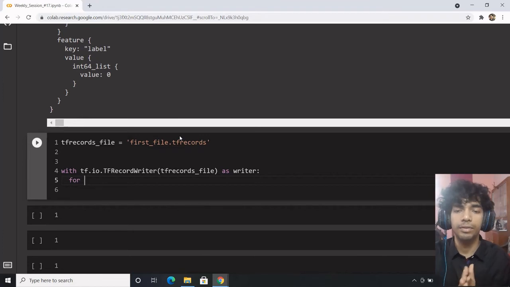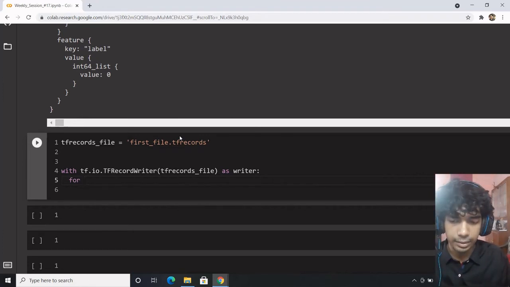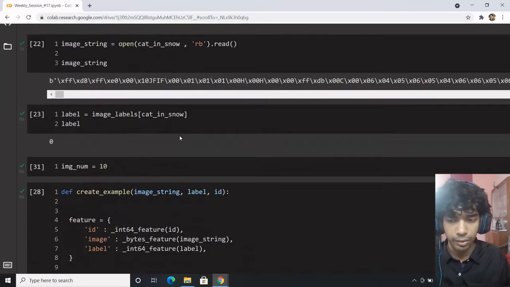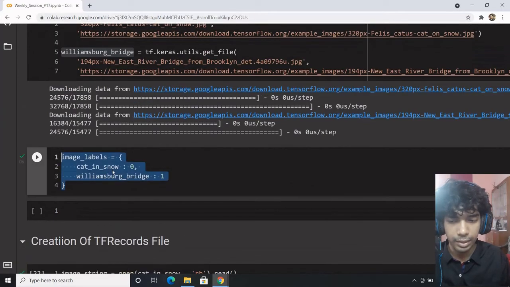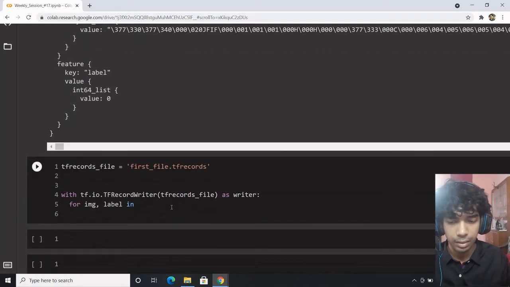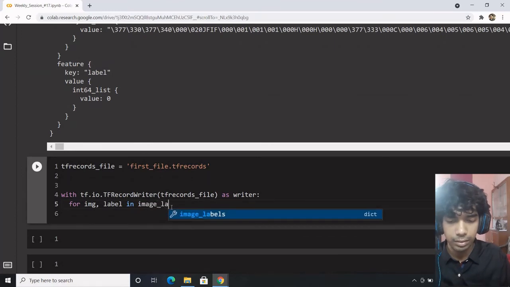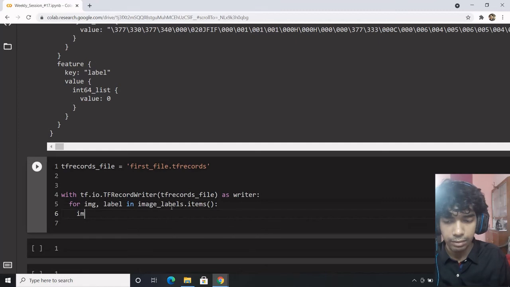In the writer, you need to define what all data gets into the writer. So I have one thing as, let's say, first would be image, and the next thing would be the label. In what? In the image labels dictionary. So first I would have image and I have the label.